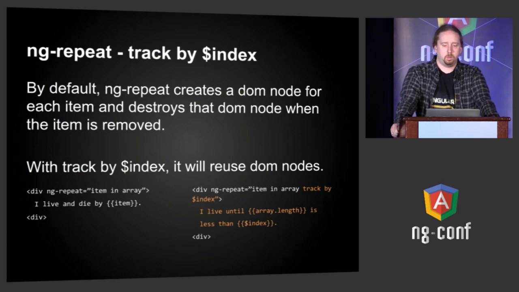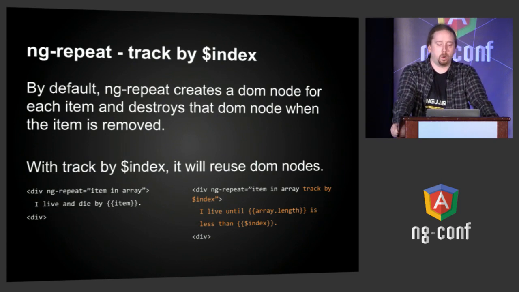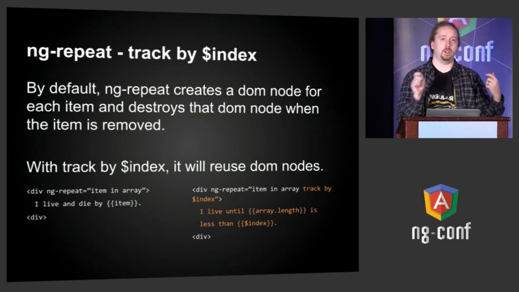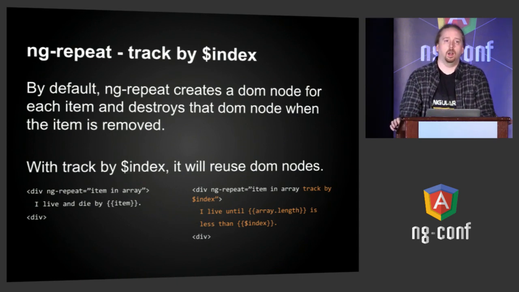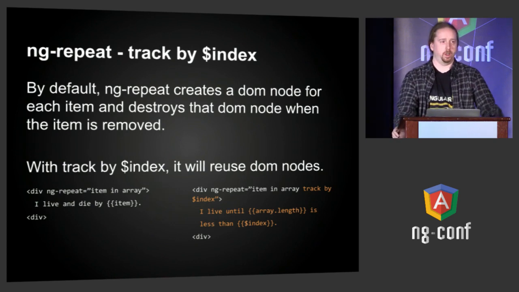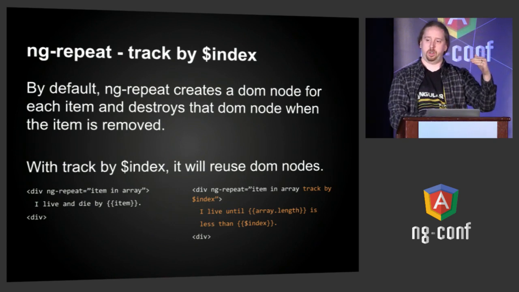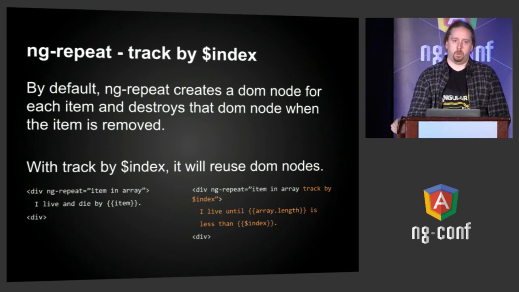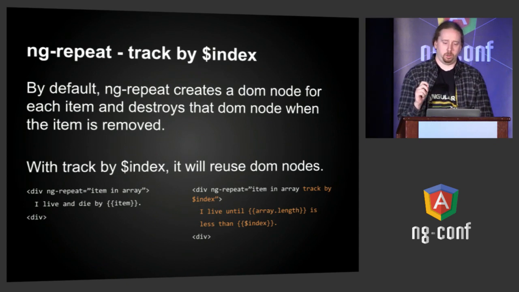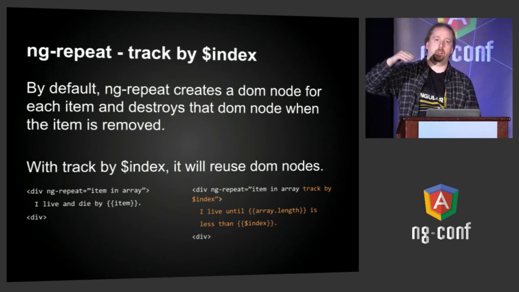And what that ends up meaning is that normally if your array changes, like let's say you're paging through a table or something like that, you swap in a new array where the old one existed. Well, the first time it did all the hard work of creating each of those DOM nodes for each of those iterations. And then when you put in this new array, it's got entirely new objects. The references are different. It's going to dutifully destroy all of that DOM it created and then recreate it again